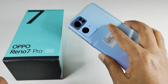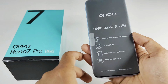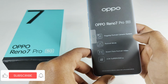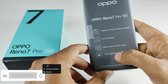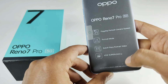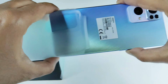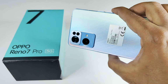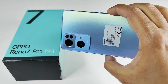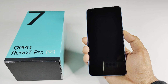So here is the OPPO Reno 7 Pro 5G. Here on this protective film, you can see that few of the specs are mentioned, that it comes with flagship portrait camera system, portrait mode is there, bokeh flare portrait video. So as you can see, they are talking about only camera related features here, and then we got 65 watt SuperVOOC charging. So OPPO Reno 7 Pro 5G in Star Trails Blue, and you can see how gorgeous is the back panel. So let's switch on the device, and while it's booting up for the very first time,